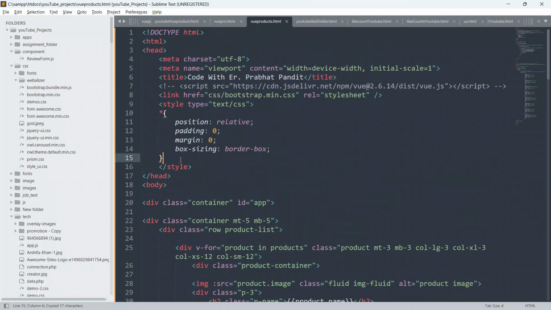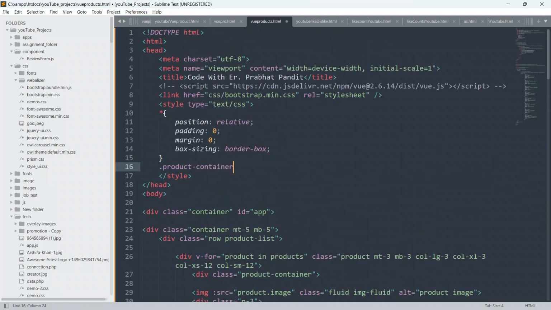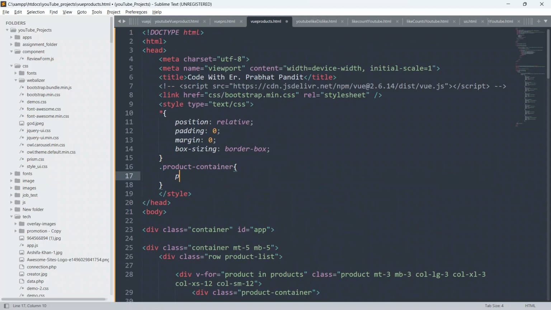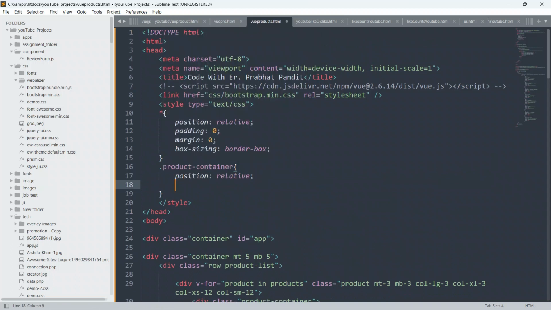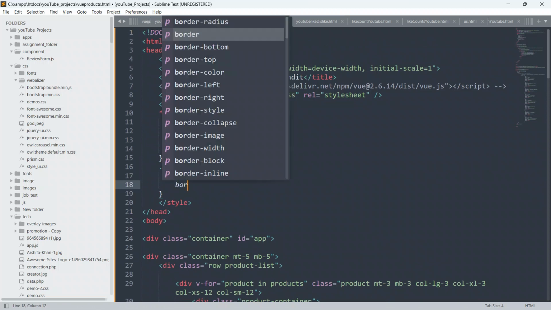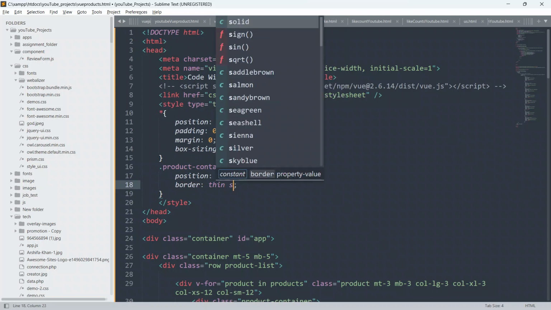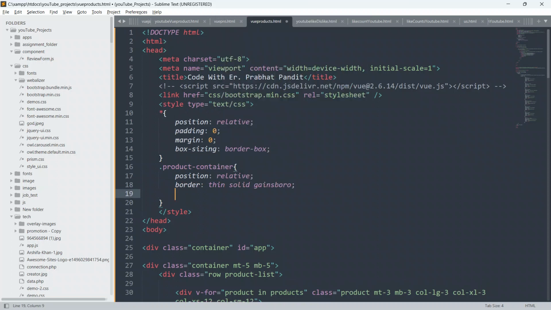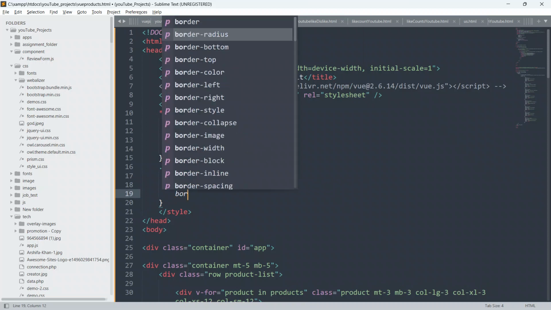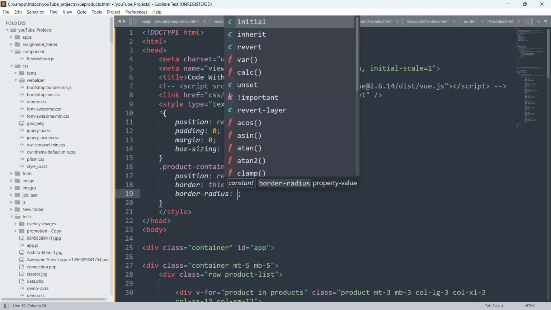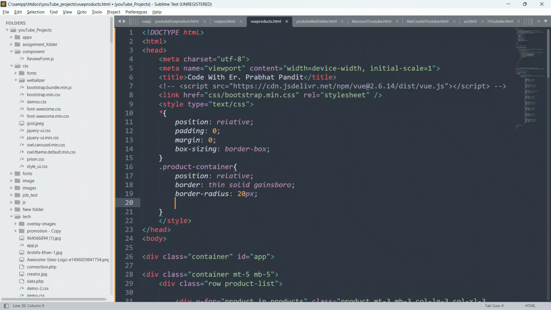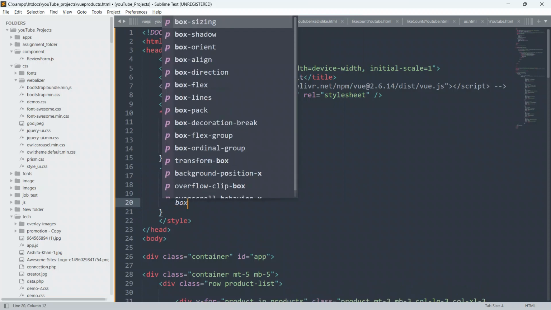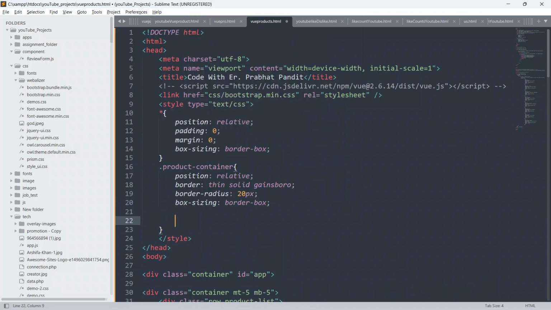So just go back to the above code style sheet, paste it here, and give position relative, and give border also thin solid, and give Gainsborough, and give border radius also of 20 px, and give box sizing also border box.